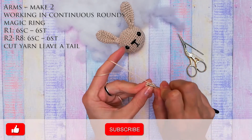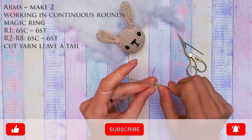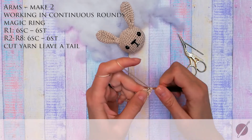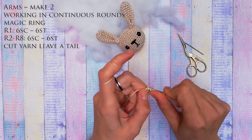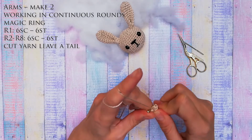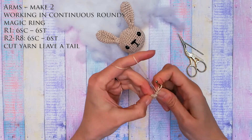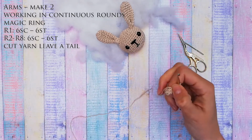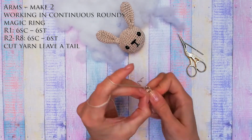So that's 1, 2, 3, 4, 5, and 6. Now I'm gonna turn it on the right side, so this is it, and I already have 2 rows done. I need 6 more rows of 6 single crochets, so that's